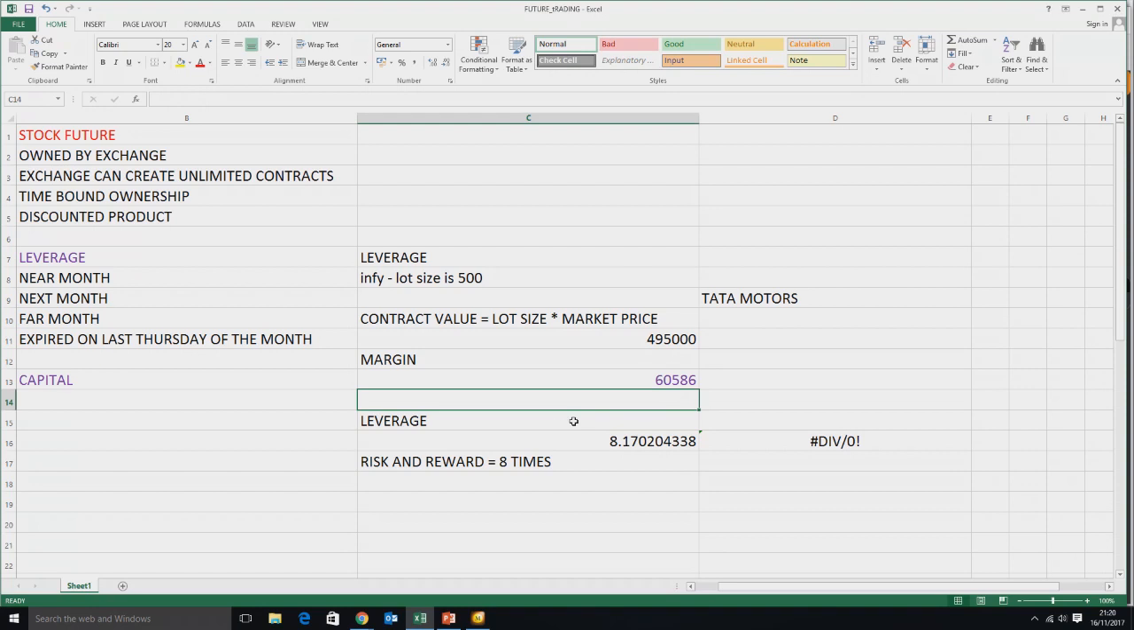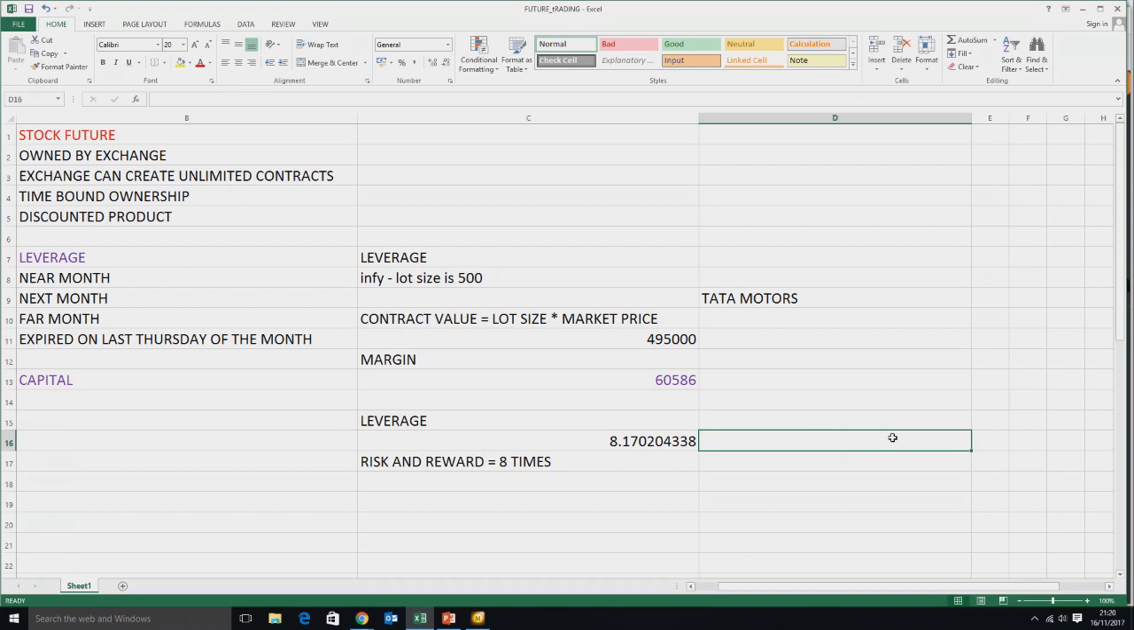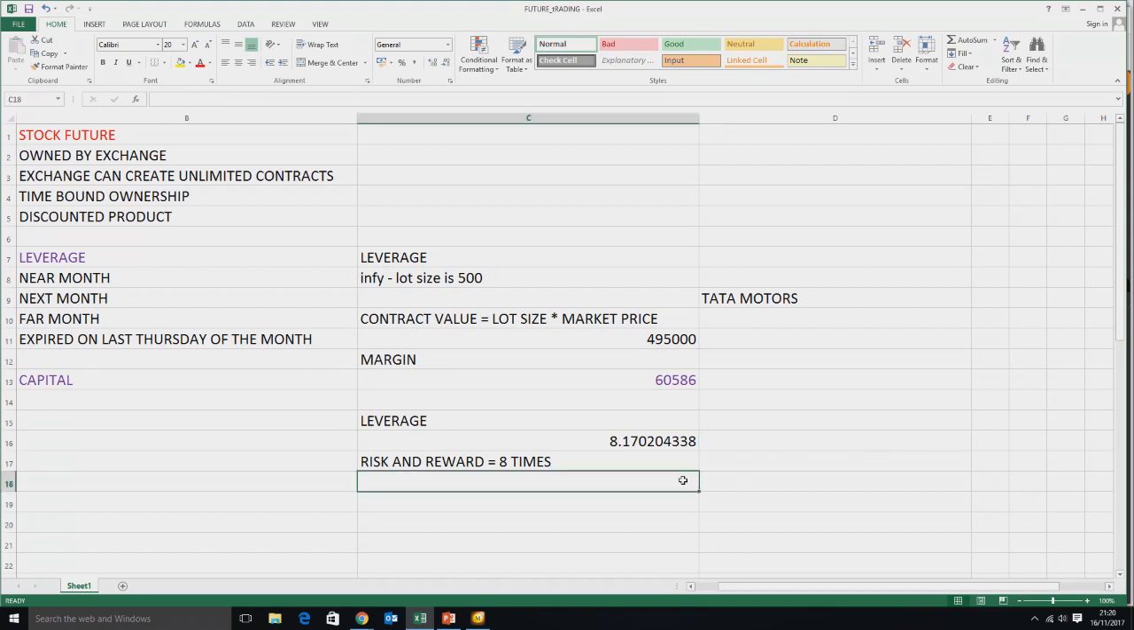Means from 60,000, this is leverage. Leverage is equal to the contract value divided by your margin. Means you have a leverage of 8.1, means roughly 8 times, right? So means what you are doing here, your margin blocked is 60,000 and you are controlling roughly around 5 lakhs